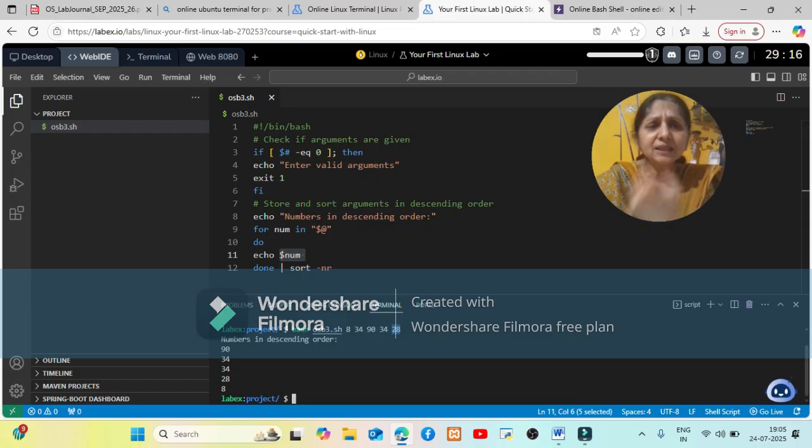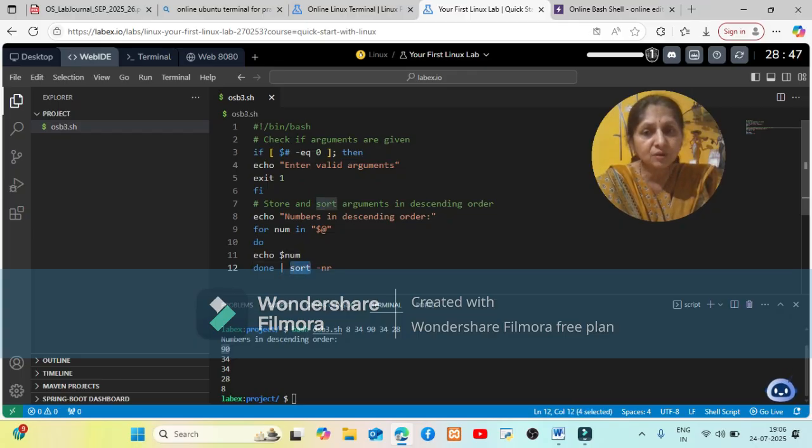I am saying that num is reading 8 and echoing 8, but if you see the output, is it echoing 8? No, it is echoing 90. So what does this echo command do? Now can you see this? This is known as a pipe symbol. Whatever numbers are echoed in this for loop body by our echo command, all those numbers are given to the sort.